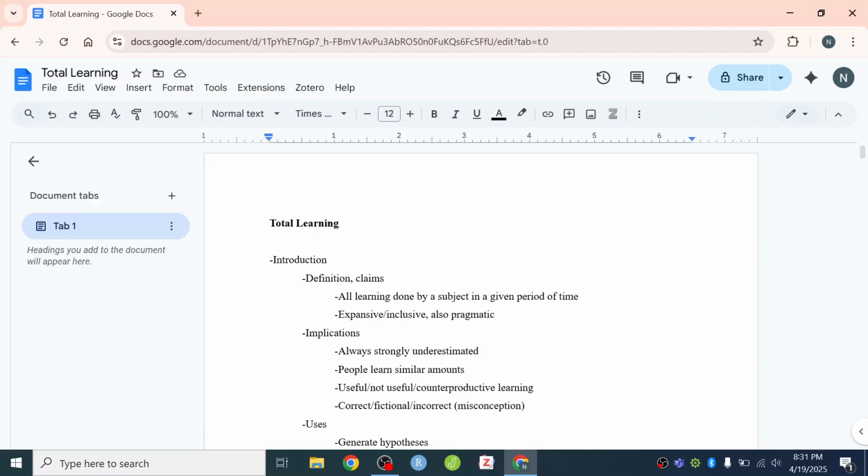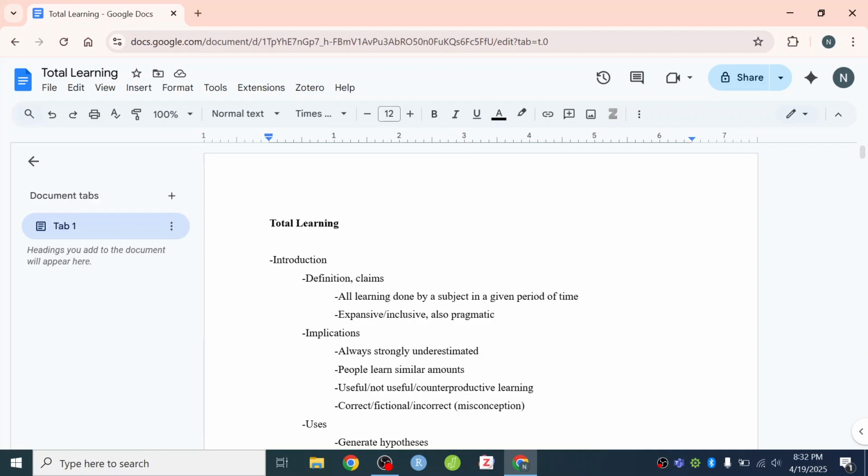The idea of total learning, the way that I've conceived it, is for the idea to be expansive and inclusive. We are going to take anything that you might consider to be learning, that you might consider to count to this total amount of learning. Anything that could possibly qualify, we're going to take it. It's a very expansive definition of learning. We'll talk about how expansive it is later. At the same time, while it is heady and theoretical, it's also meant to be a pragmatic expansion of the definition of learning. It's meant to have a concreteness to it, claims that are concrete, which we'll talk about as well.